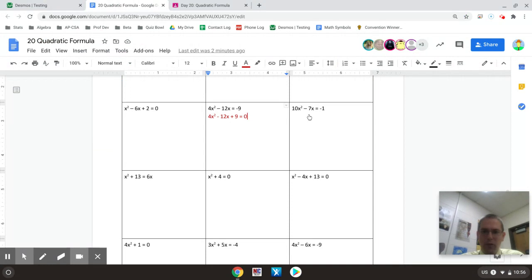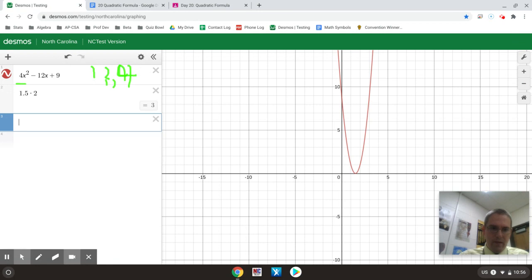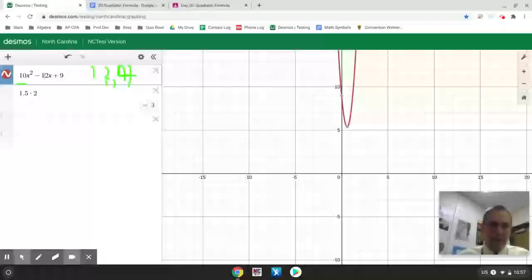On the next one, I need to start by adding 1 to both sides. So that will give me 10x squared minus 7x plus 1. So 10x squared minus 7x and a plus 1. And then I can go ahead and try that one by graphing 10x squared, just change it up here, save myself a little bit of time maybe, minus 7x